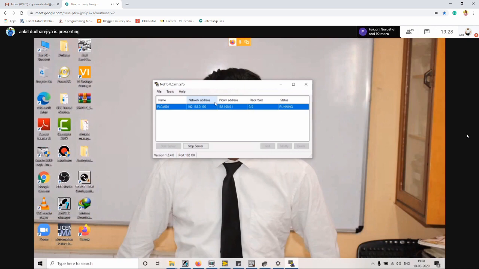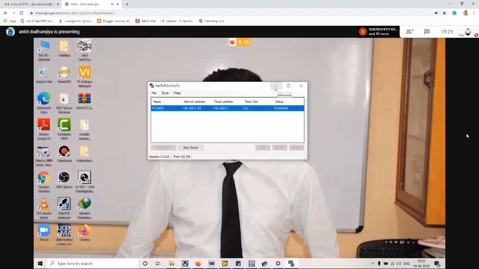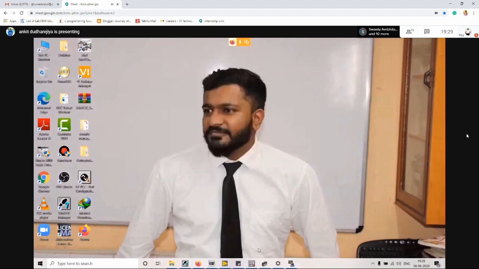Then to read and write data between these two, we have created a server using this Siemens Net to PLC tool. Now, if you have any other brand of PLC, then this tool will be different for other brands. So that depends on which brand of PLC you are using. So this is the configuration setting we have done till now.